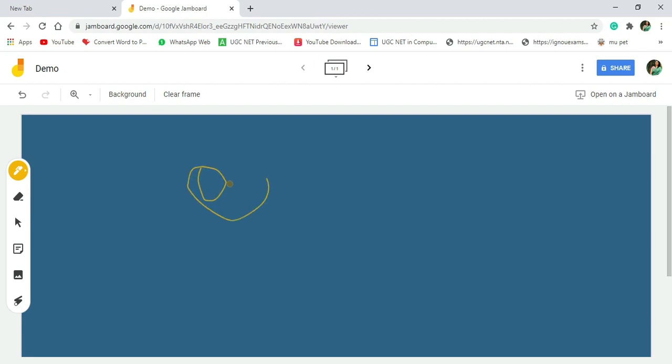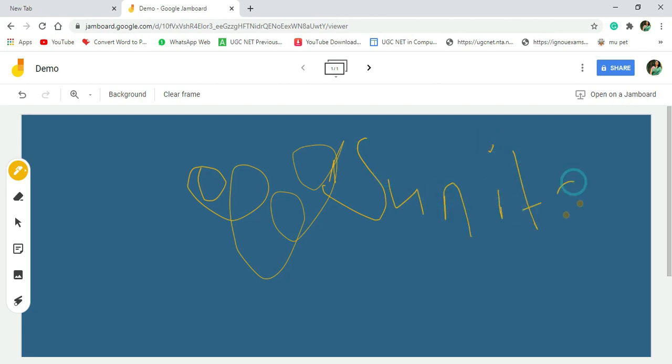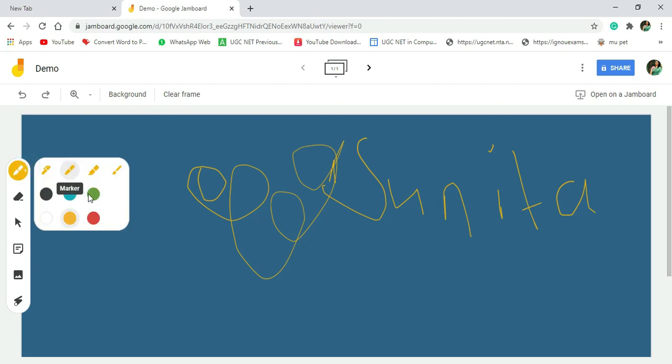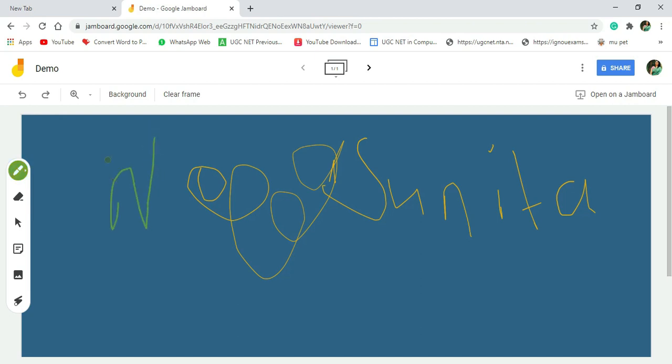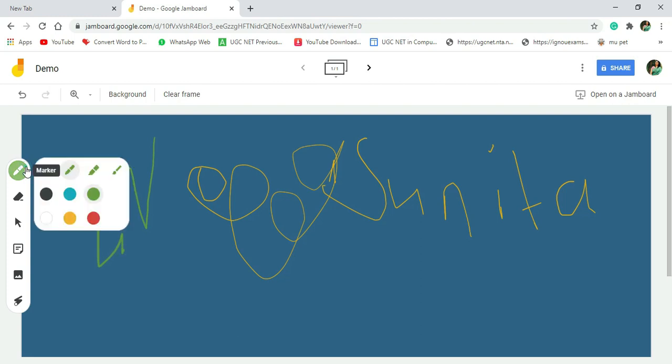So you can see now I can scribble or I can type something on this board. Friends, if you have stylus, then you can write over here with a very good handwriting. Currently I'm using my mouse, therefore handwriting is not coming so good. You can change type of pen as well as color also. Now if I take this pen, this is a marker slightly thicker as compared to the previous one. So you can see over here.